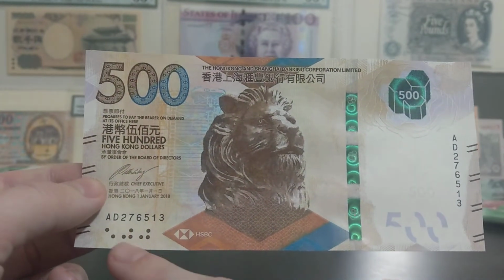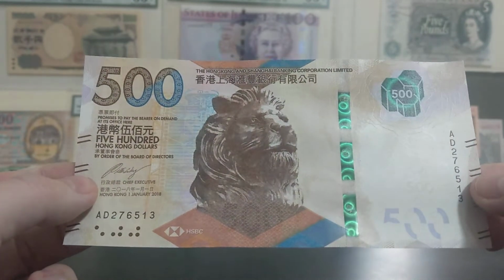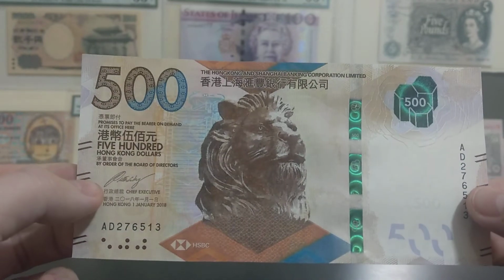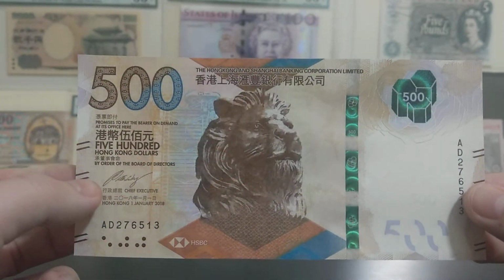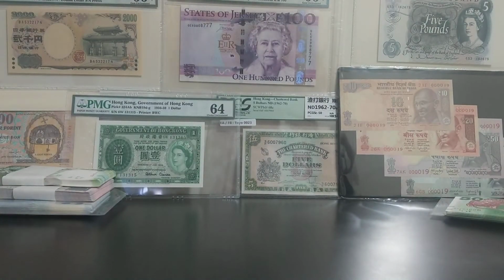And again, we've got the braille for the visually impaired, we've got the security strip, and we've got our watermark, and there are loads of UV security features that unfortunately I can't show you, but if you put one of these under UV light, you will actually see them all. And if we turn around and look at the back,